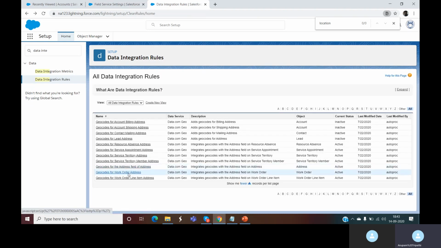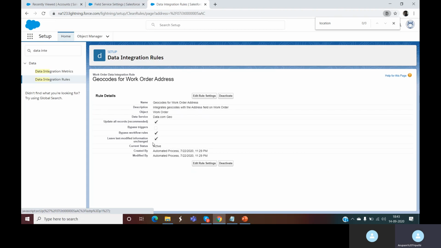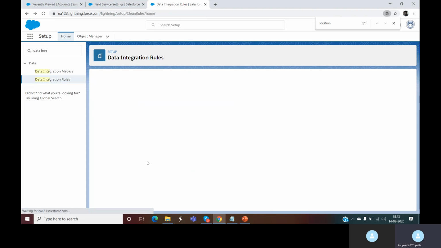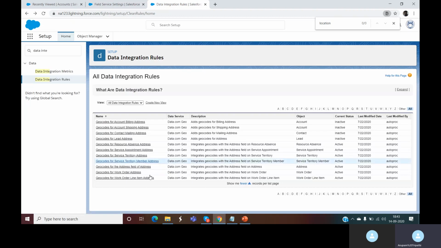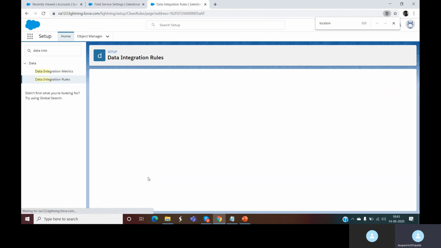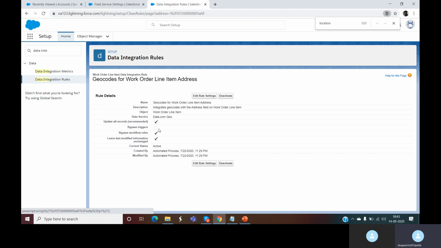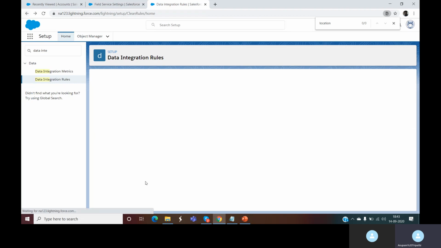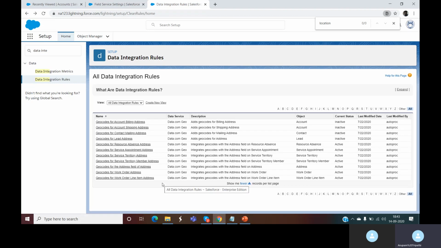And work order address, the same is there, it's unchecked for this as well. And we'll again check for work order line item address, and this is true for this as well. So I think we have done it for the geolocation addresses, and the data integration rules have been updated.